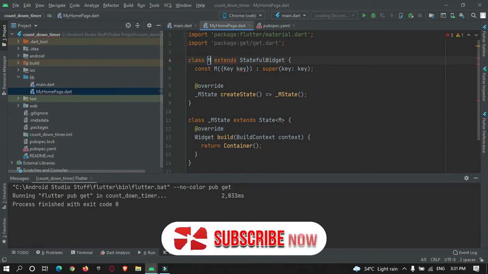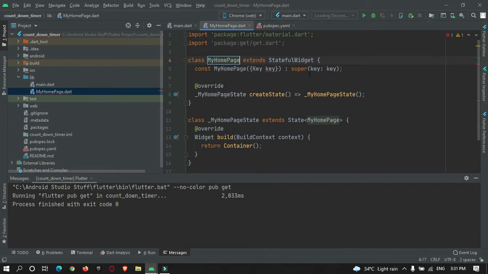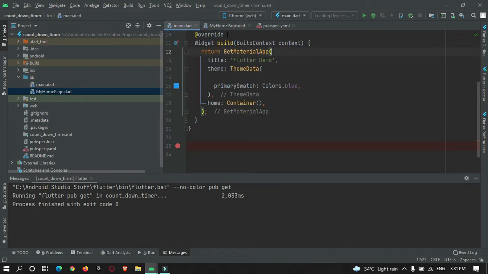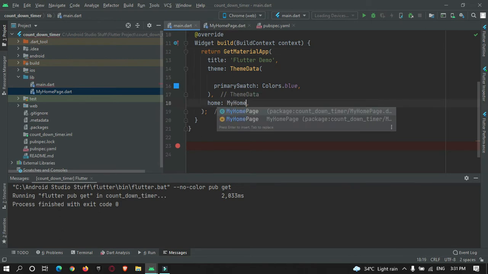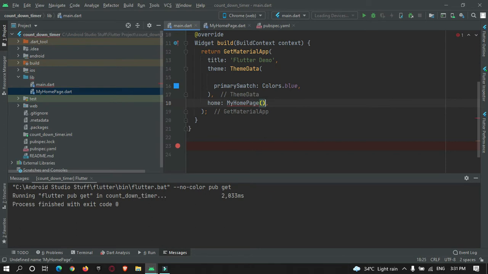I will just name the class MyHomePage. Now from the main.dart file we will load this MyHomePage over here. Just import the page.